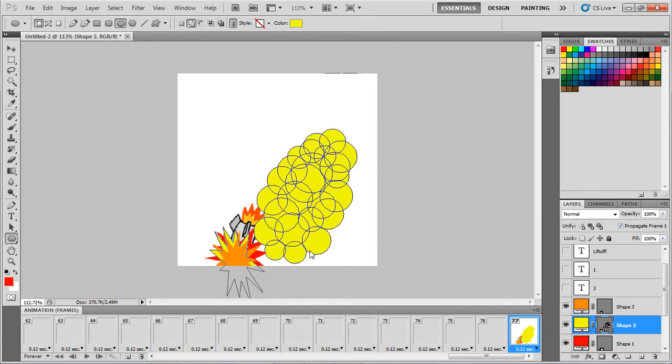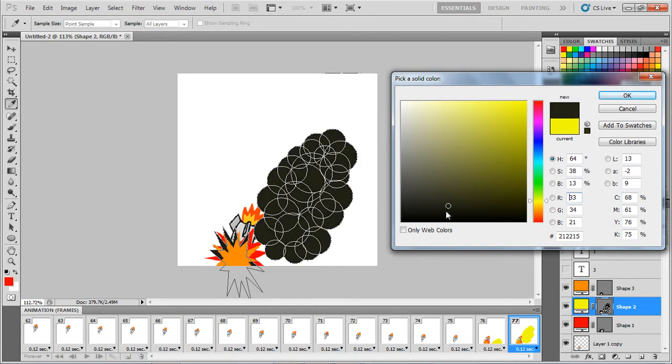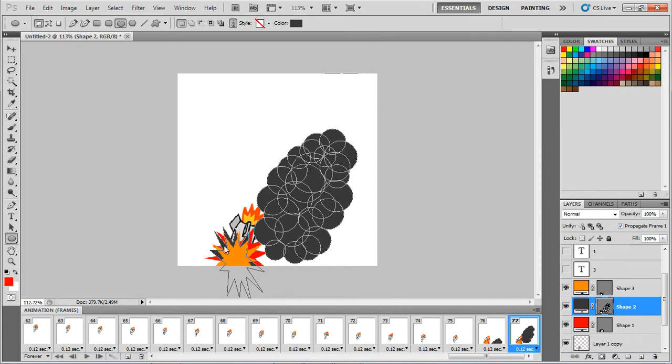And I think that's enough. Alright. And then right here, if you do it on that layer, you can turn these gray. Let's go with this type of gray. I accidentally did that yellow piece gray, so I'm gonna cover that up with